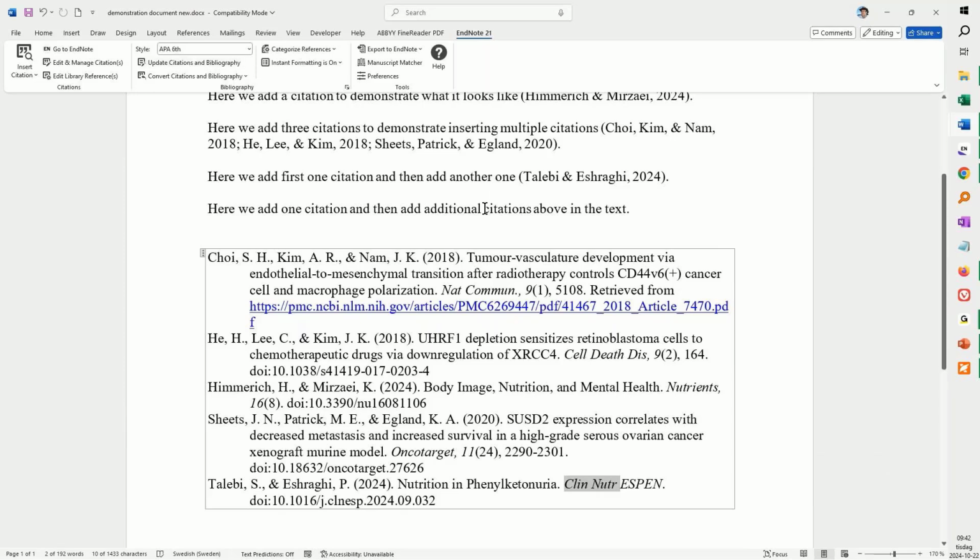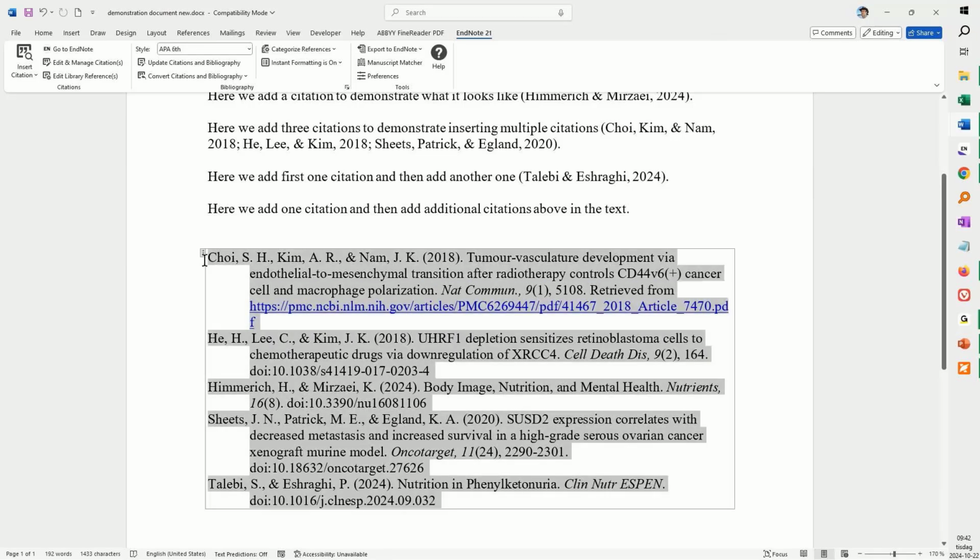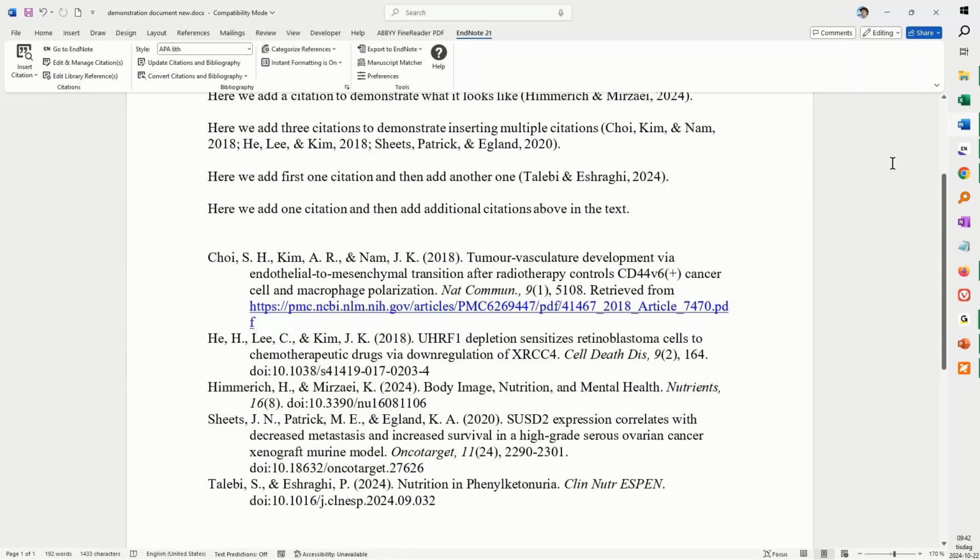But if you're using a style that you don't know anything about, well, it's hard to know. I mean, I don't want to send this to an editor and then get it back and have all this work to fix this reference list. I could have done that before and saved myself some work. Well, I'm going to take this reference list. I'm just going to copy it, and let's go back to